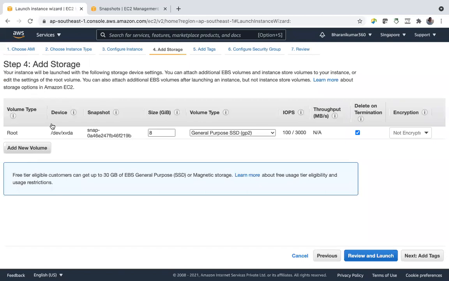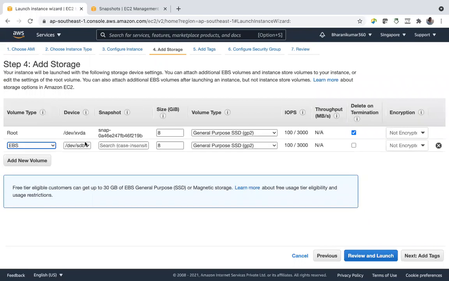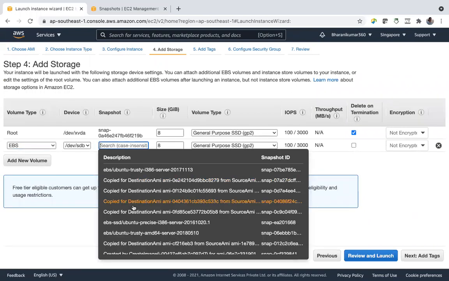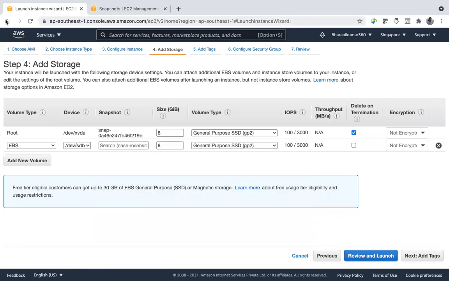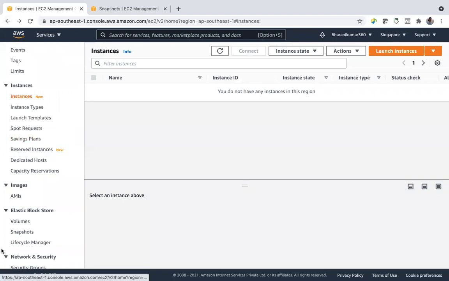So we can also do that. So add new volume. Here also, you can give your snapshot ID. This is another way of adding your volume. Create a snapshot, and you can copy the contents from snapshot into EBS. Clear, guys? Any doubts? That is about snapshots.